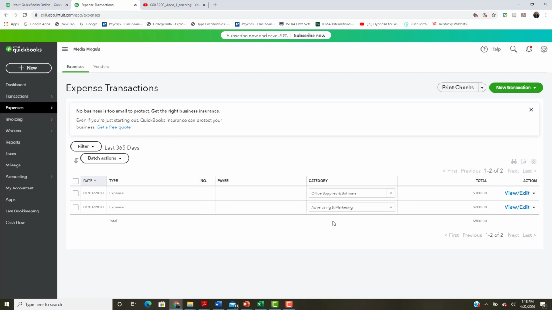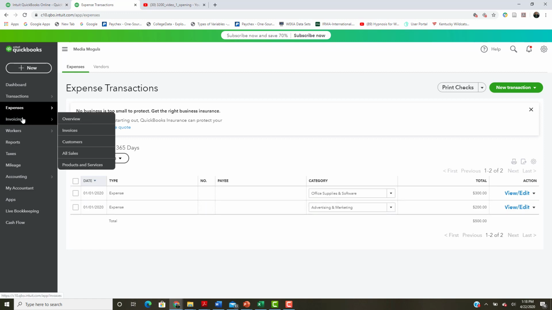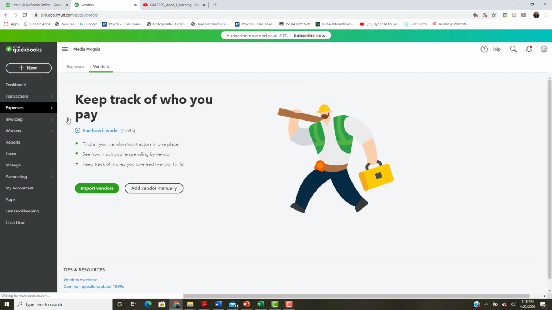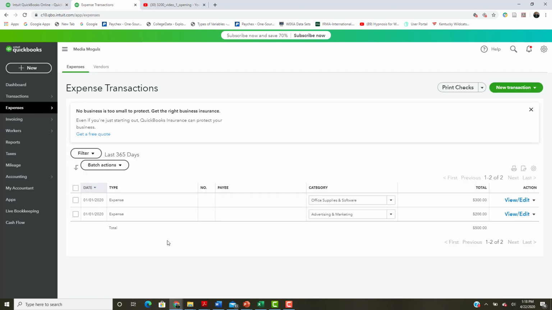In this case, let me just look at vendors here and see what I've set up. I may not have added all the vendors yet, so you'd have to add your vendors, and probably a good idea to add the vendors first. But since these two that I did here were paid in cash, I didn't worry so much about the vendors yet. If I'm setting somebody up that they're going to pay me on credit, then I have to set the vendor up. But in this case, we paid both of these items, the initial 300 and the 200,